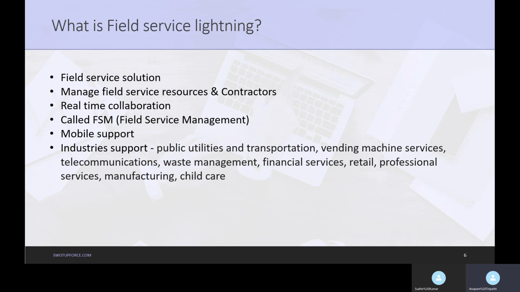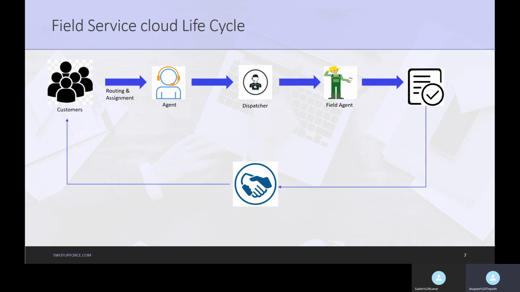It's a field service solution which gives you real-time collaboration and mobile support, and specifically supports industries like utilities and transportation, vending services, retail, professional services, manufacturing, etc.